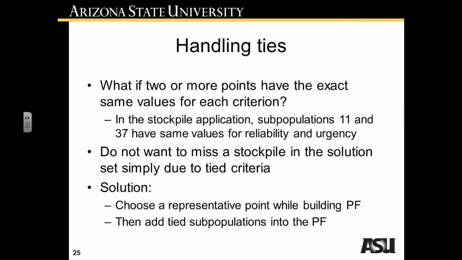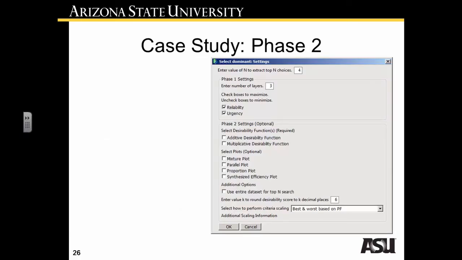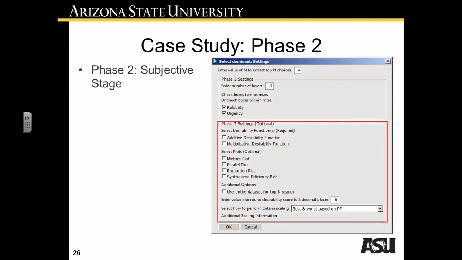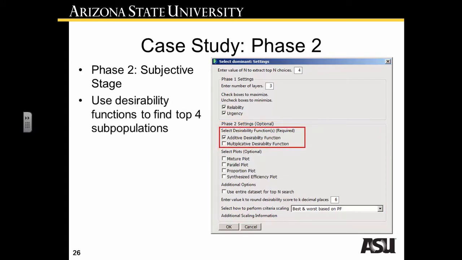Alright, so that was phase one. It was the objective stage. We've just eliminated the dominated points from further consideration. Now we're going to move on to phase two, which again is our subjective stage. We can bring in the subjective nature of decision making, and because of this, we give many options for you to use. So we'll go into details in a little bit about each of these options, but here's just a